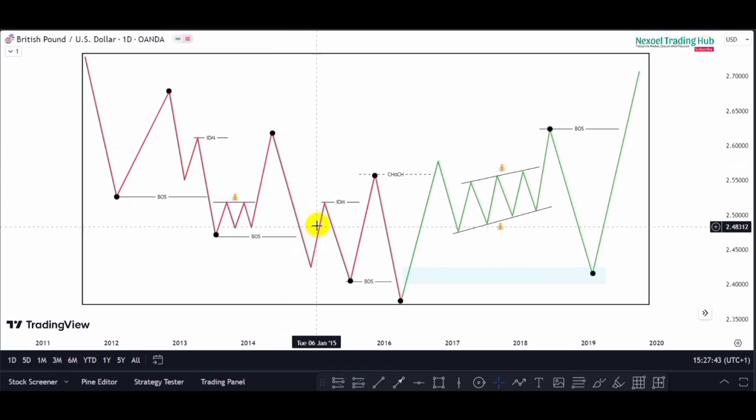So you would see that this return created what we now call the inducements, and then price fell to the downside. Now, this becomes our ideal lower low because price sponsored the move to the upside that raided the inducements. So this is not a lower low point. This is our lower low point. And then you would see that price fell to the downside, and then we have a break of